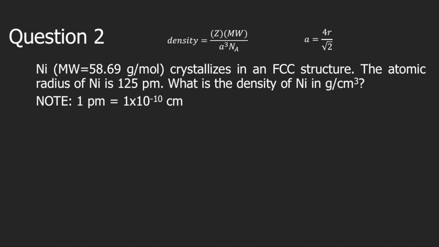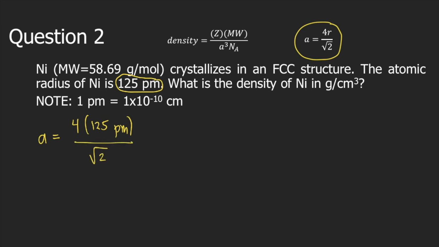Nickel crystallizes in an FCC structure. The atomic radius of nickel is 125 picometers. What is the density of nickel in grams per cubic centimeters? Take note that 1 picometer is equivalent to 1 times 10 raised to negative 10 centimeters. So we are given the atomic radius of nickel, 125 picometers. Why are we given the atomic radius? Because we need that to solve for the edge length. We use the formula: edge length is equal to 4 times the atomic radius, 125 picometers, divided by square root of 2. If you solve this using your calculator, this is equal to